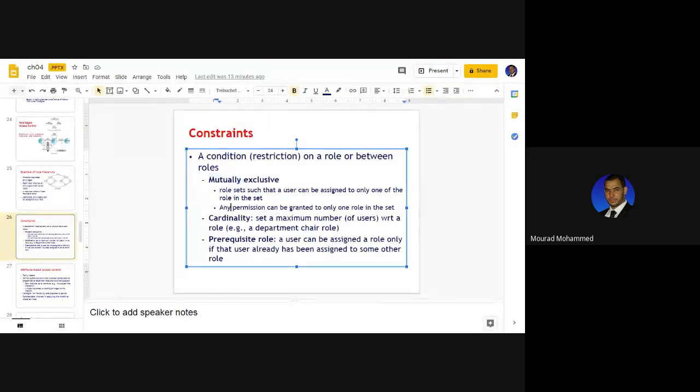Here we are talking about a specific permission to be granted on a subject to a specific user. Mutual access control, or mutually exclusive, something like that. So specific access, specific permission to a resource by a specific subject.